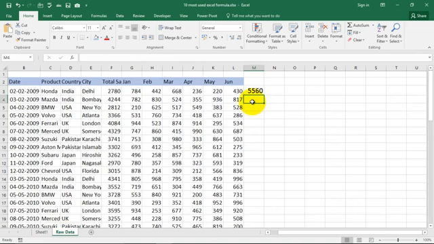And average. Now we all understand that averages are not good. One should never be an average person, but you need to find out the average of sales that happened from January, February, March, April, May, and June. So how do we do that? There is a very simple formula for that. That is equal to,